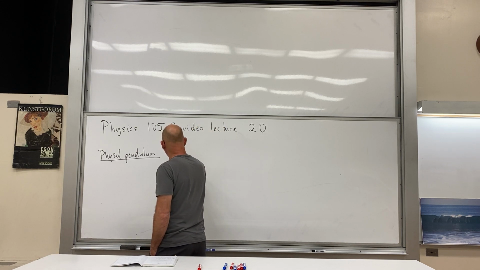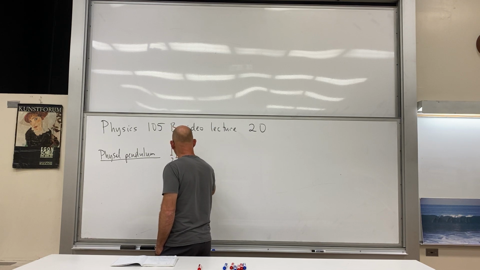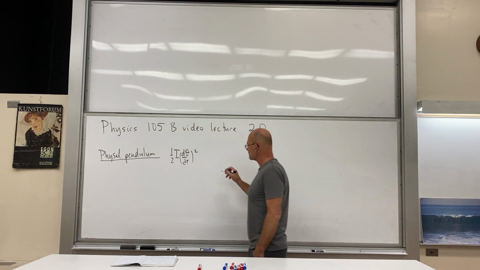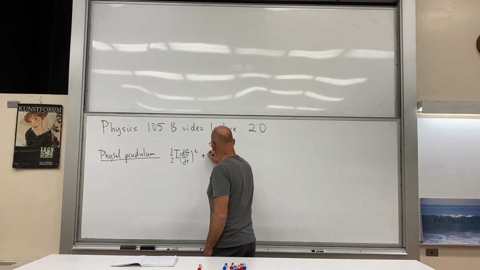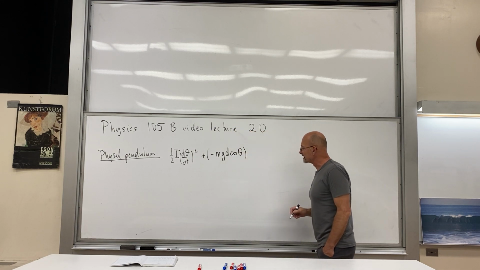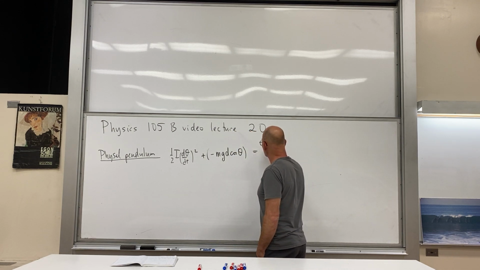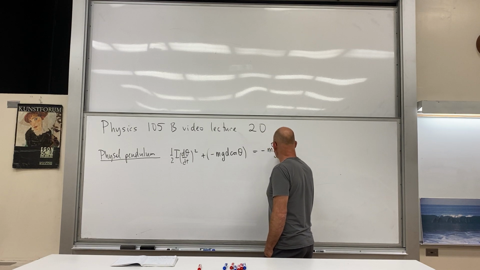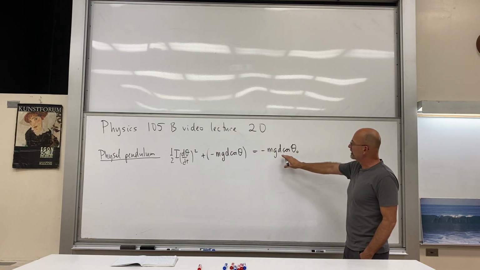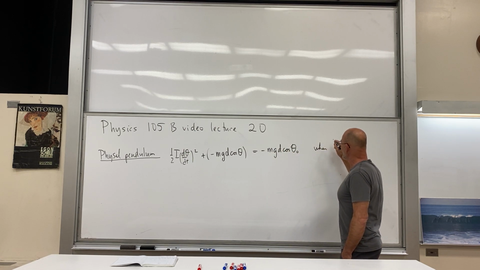So we'll have 1/2 I (d theta/dt) squared, there's our kinetic energy, plus our negative mgd cosine of theta. That's the potential energy, equals negative mgd cosine of theta naught, and that would be the case when,